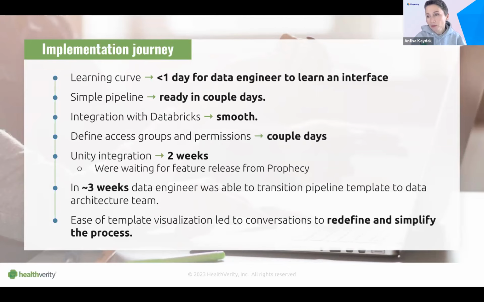We also had a little bit of hiccups with moving our UDFs, because in addition to the Prophecy interface, where you can create reusable components through diamonds,